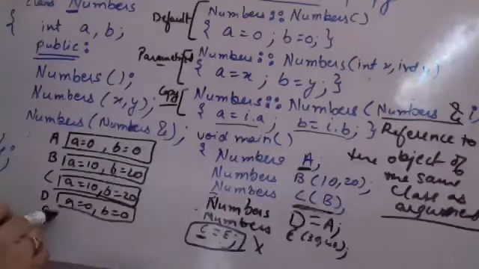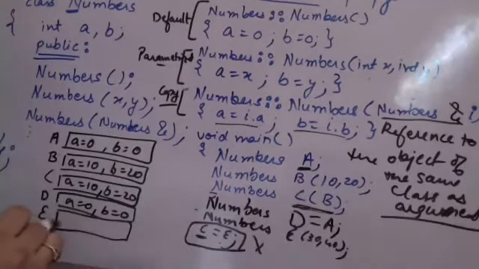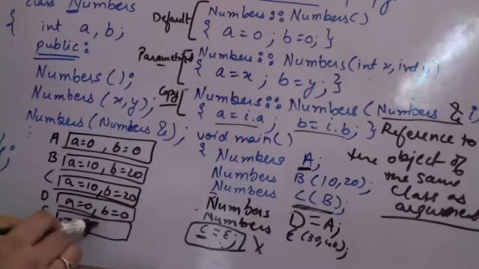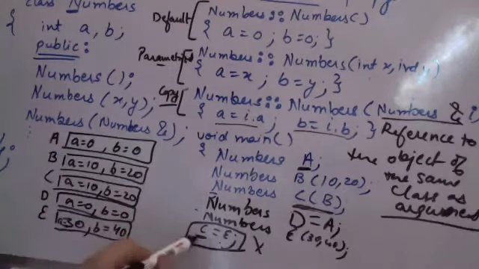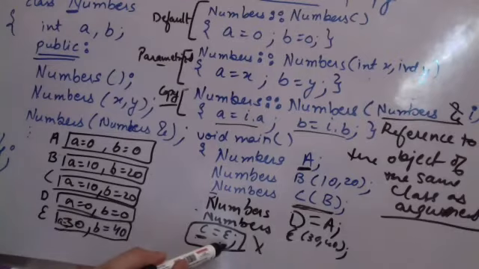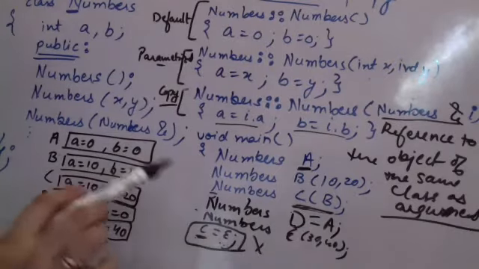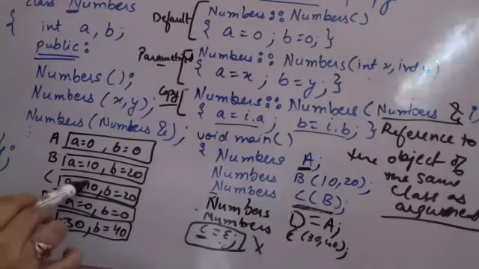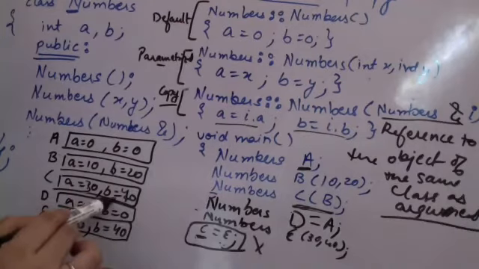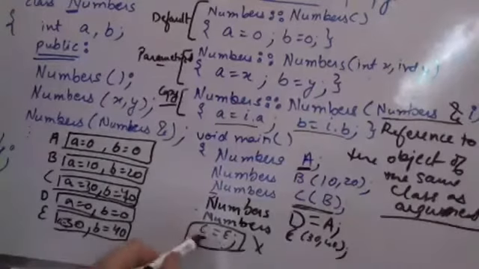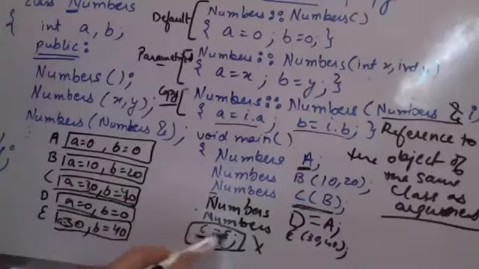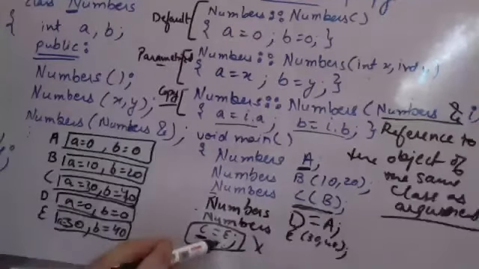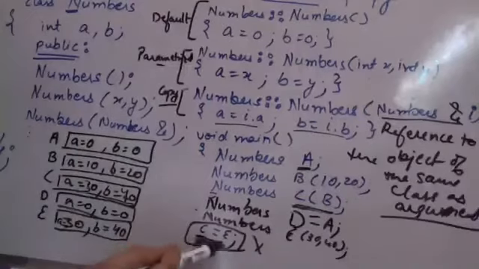Now when I am creating E over here and I am passing 30 and 40 as the arguments, and I say C is equal to E, I again clearly mention that the copy constructor is not called, although C will now have contents copied as 30 and 40. If you now try to print the contents, C's contents will have changed. But this is what happens due to the assignment operator. All the members of both objects are copied one by one. But it is not calling the copy constructor.